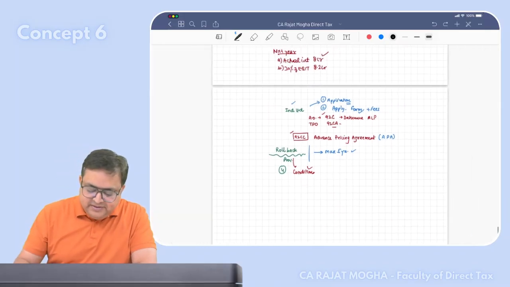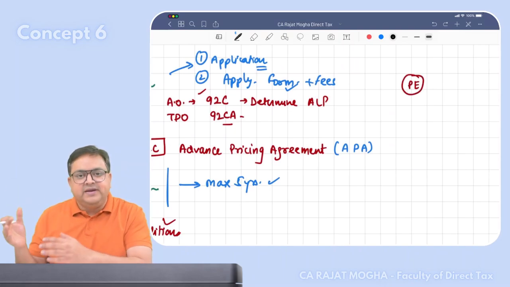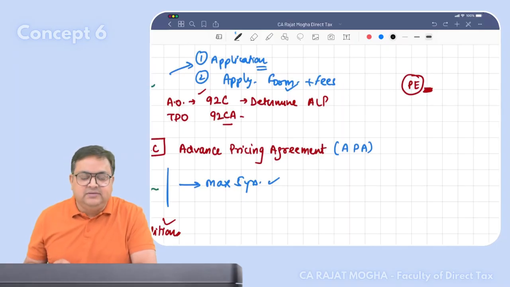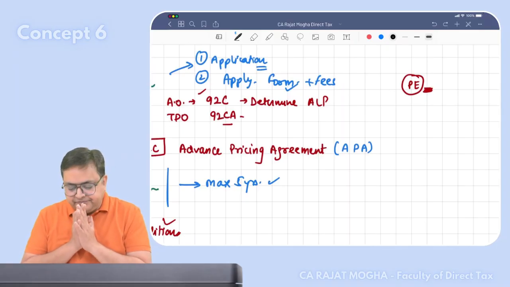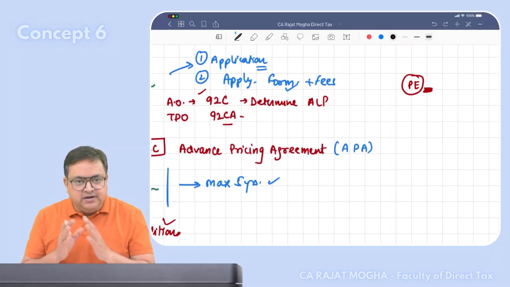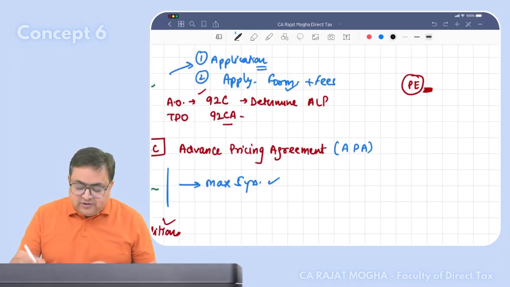See, let's say, for example, there is a business connection. Some foreign company has a PE in India. And how much would be the income of this PE? Because there are various decisions and various litigations on how this PE income would be determined. So for this also now,